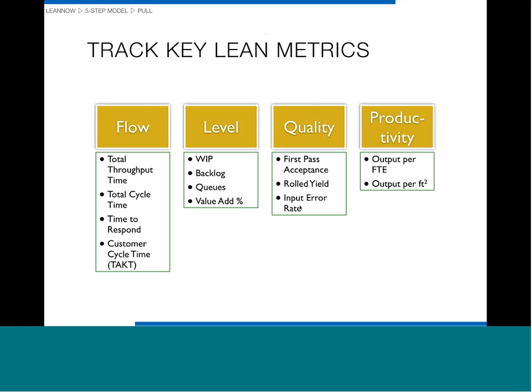So if we know the time between arrivals, and we know the time between outputs, which is our total cycle time, then we can tell if our system has enough capacity overall to meet customer requirements. If we don't have capacity, then reprioritizing is going to be a fruitless process. Same thing with level. We'd like to know how much work in process and what our backlog and what the